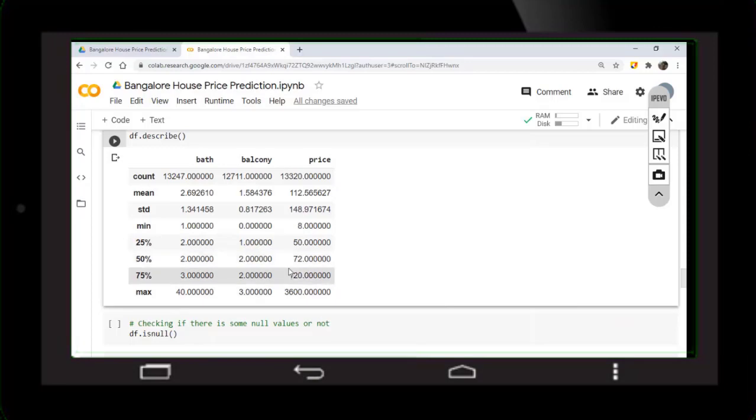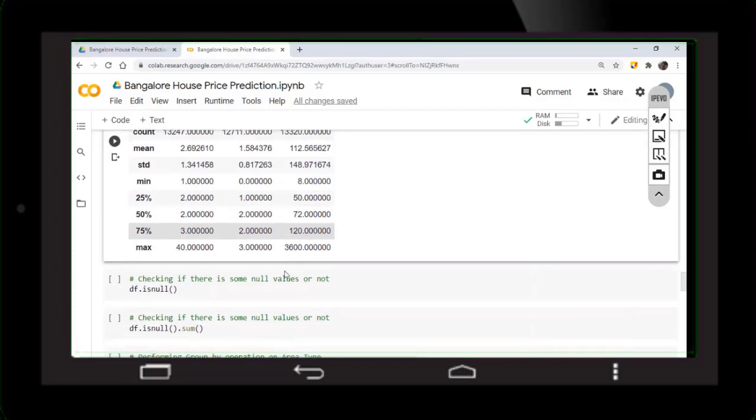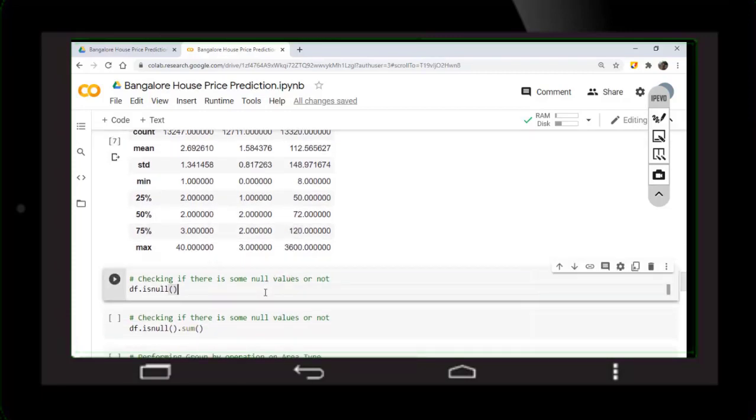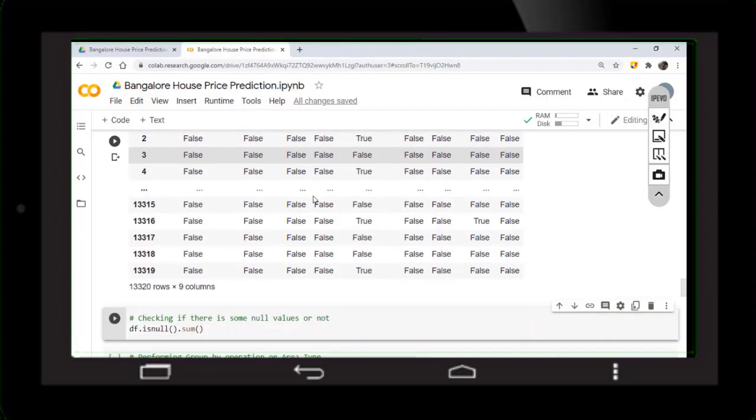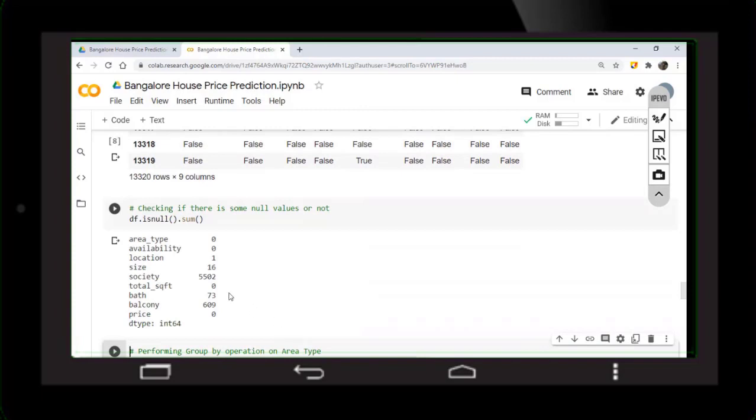Now let's check whether we have any null values or not. We'll proceed further. So here we can see that for a few places it's true. Yeah, we have so many null values. Now let's check how many null values we have in each column.